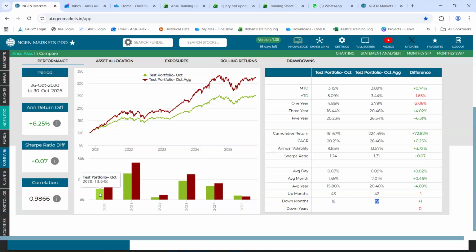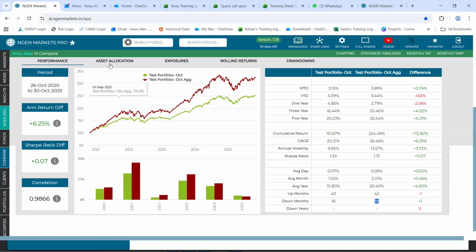Following that, on this bar chart representation, you can see the yearly performance of both the equally allocated portfolio and the aggressive portfolio. On all these bar graphs for the 5 year time period that we are looking at, we could see that the red bar happens to be higher than the green bar, suggesting that on a yearly basis as well, the aggressive portfolio was in fact able to perform better than the equally allocated portfolio.